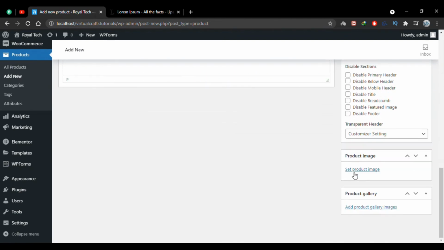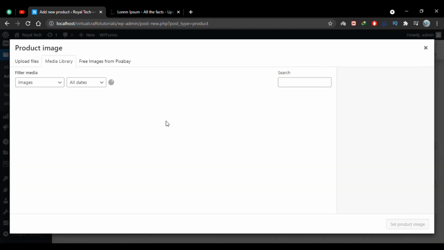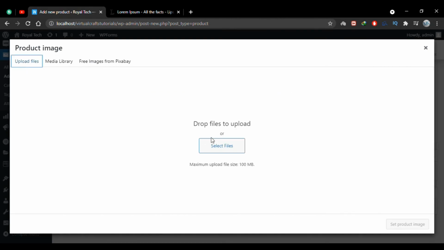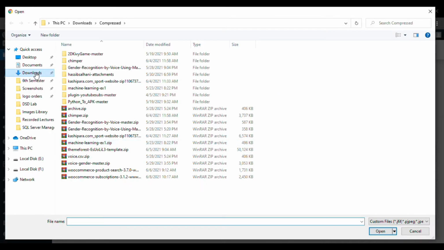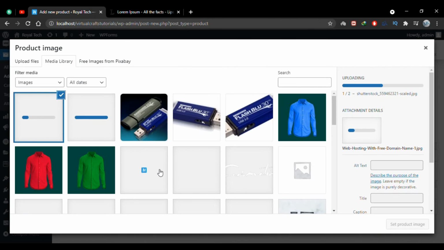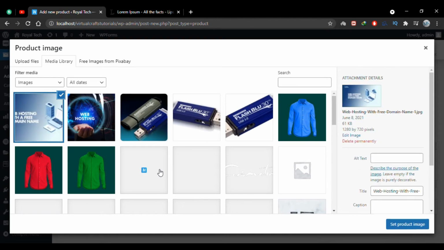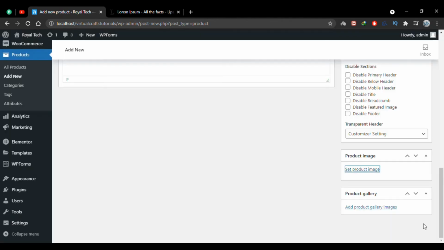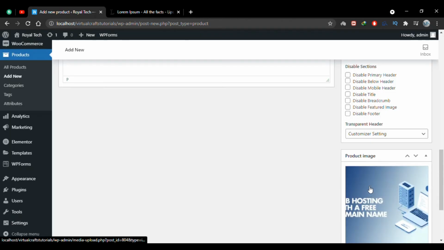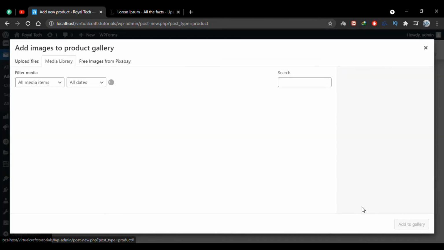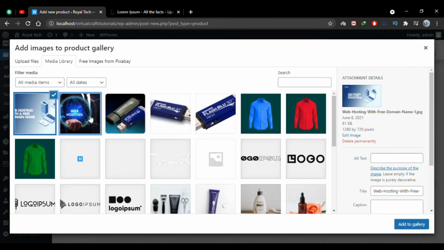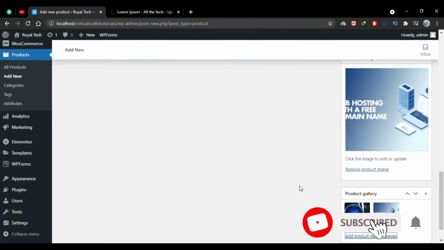I'll scroll down and choose a product image, and I'll upload the files from my computer. I'll choose this one as my product image, and let's say in the product gallery I want more than one image, so I'll choose both of these and click add to gallery, and these images have now been added to my gallery.